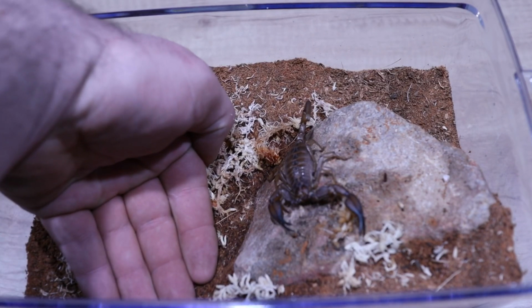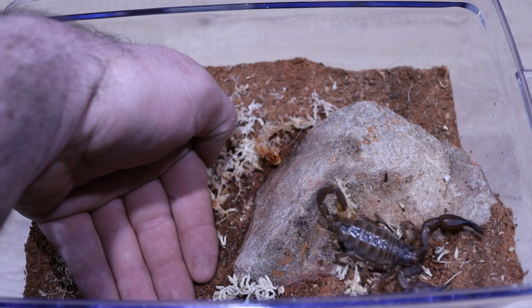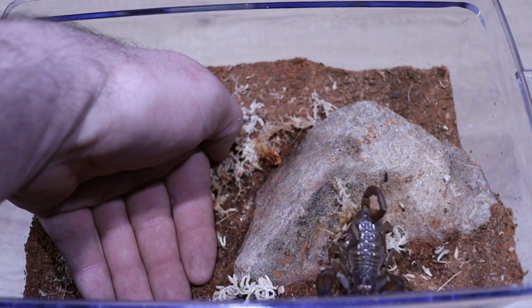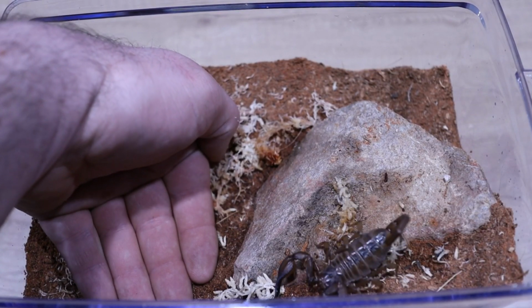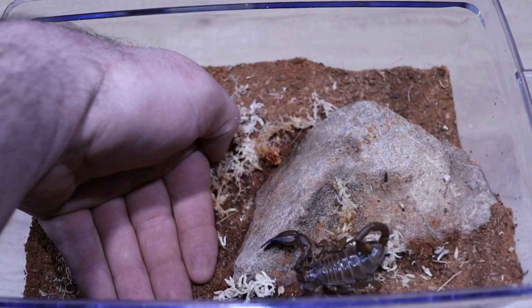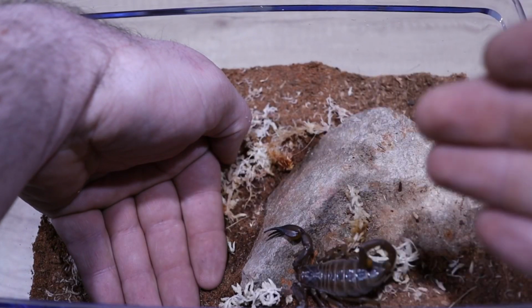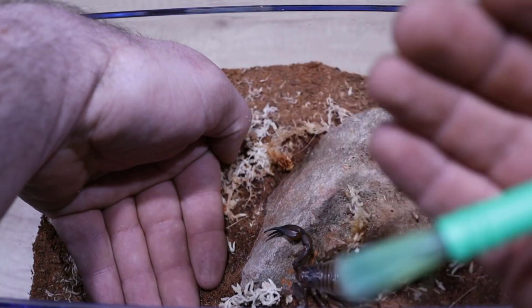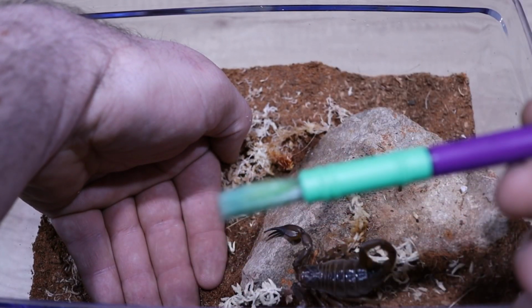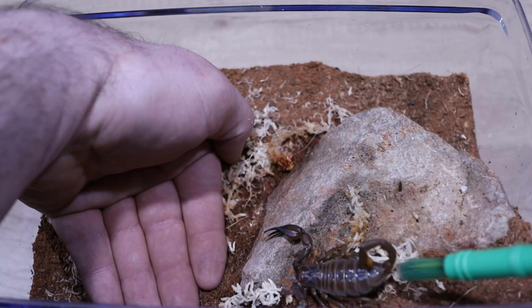Now, the chances of her stinging me, to tell you the truth, it's extremely rare. I've never been stung by a Flinders, apart from once where it was my fault and I was picking her up with my second method, and unfortunately I misjudged it and I stung myself. But let's just show you what I was talking about. Now you've got your hand flat on the substrate. You basically want to coach her onto your hand. You can either do that by tapping them, but just in case they're being defensive, it's best to do it with a brush. So if they decide to turn around, they're going to climb on the brush or sting the brush. So you just want to gently